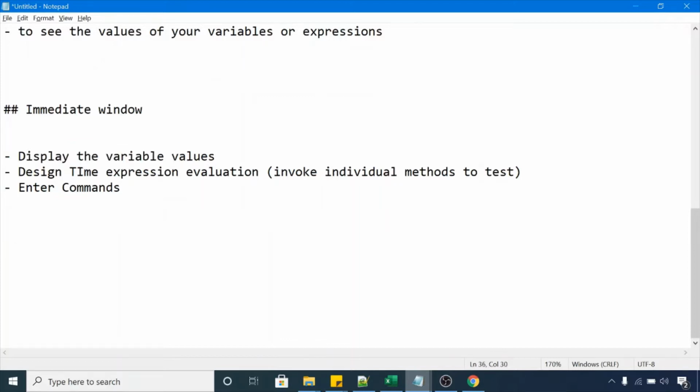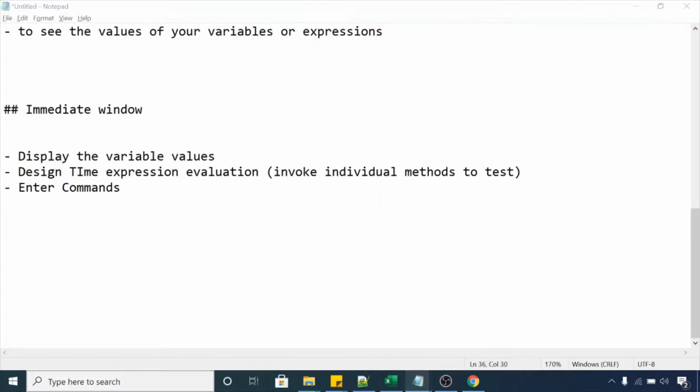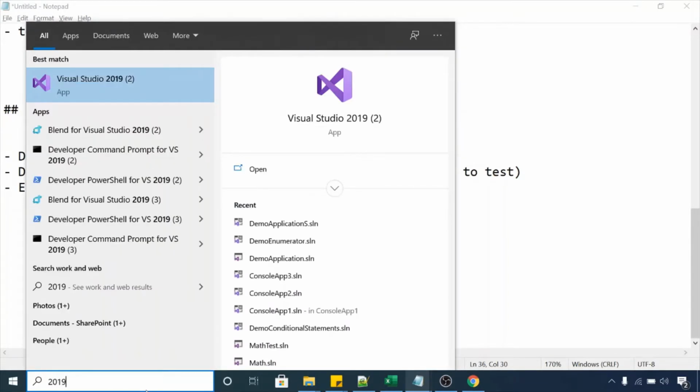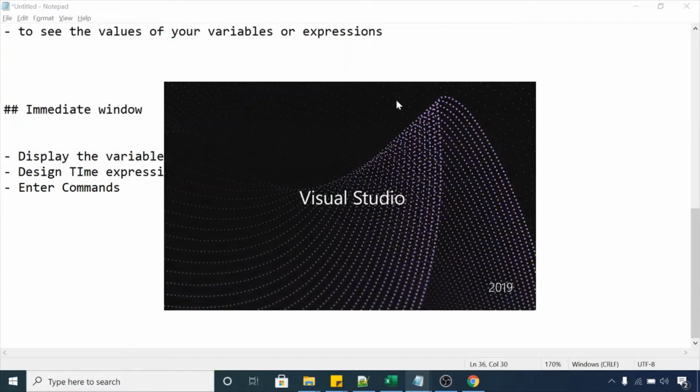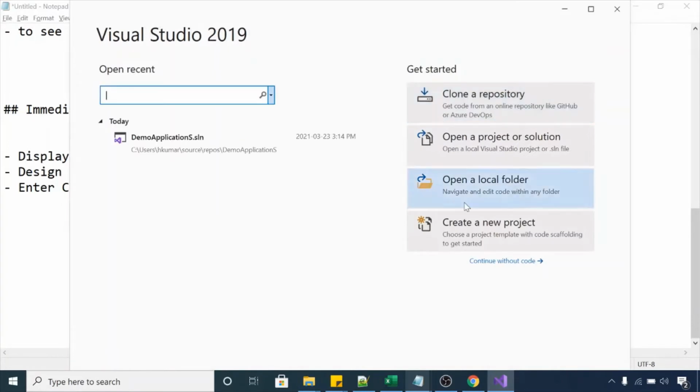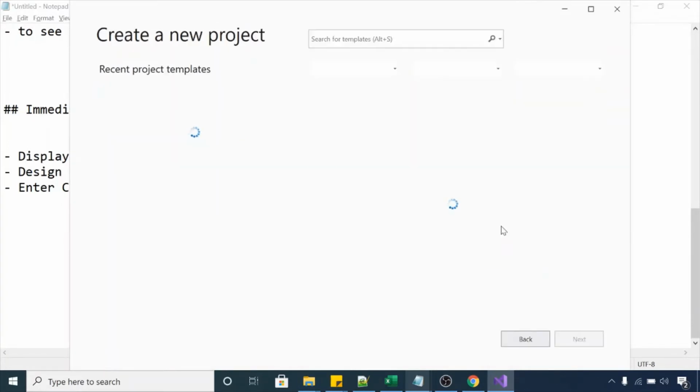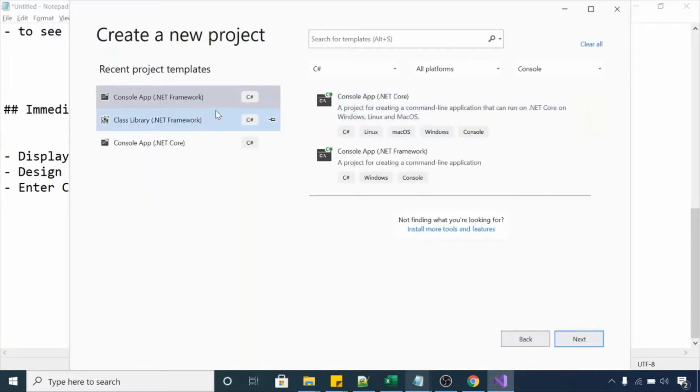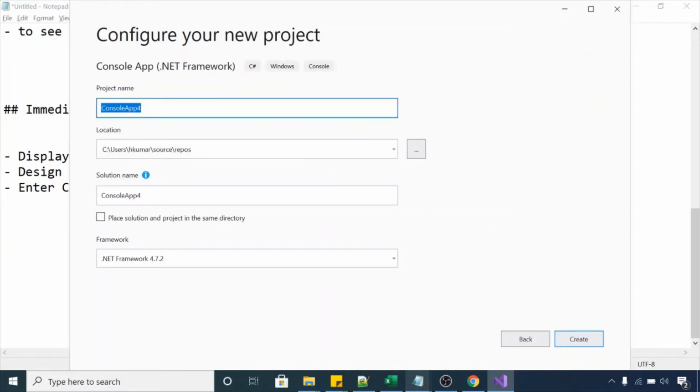To see the demo, let me launch Visual Studio. I have Visual Studio 2019. I will click on create a new project. I will go with Console App (.NET Framework). Click on next. Here we have to enter the project name.